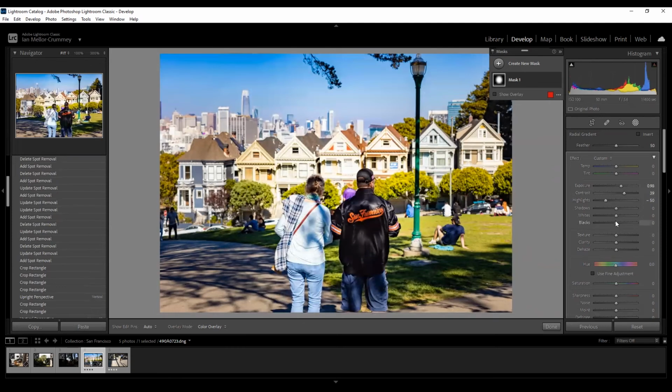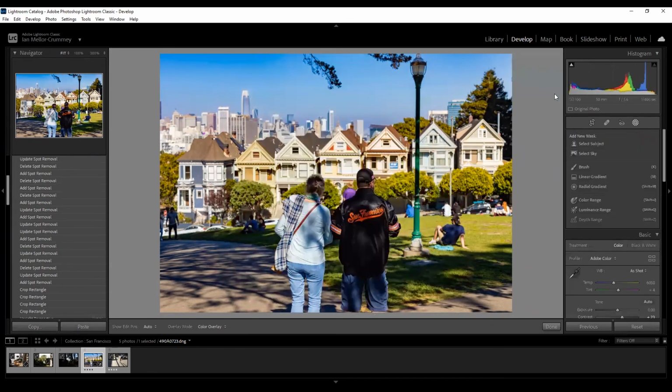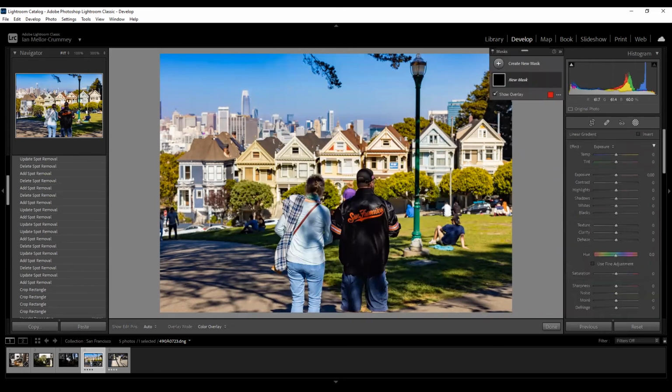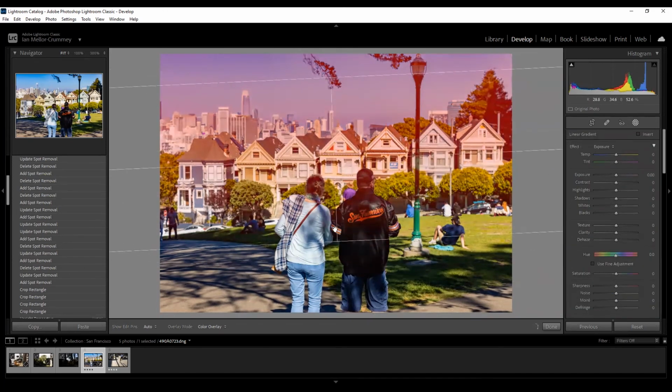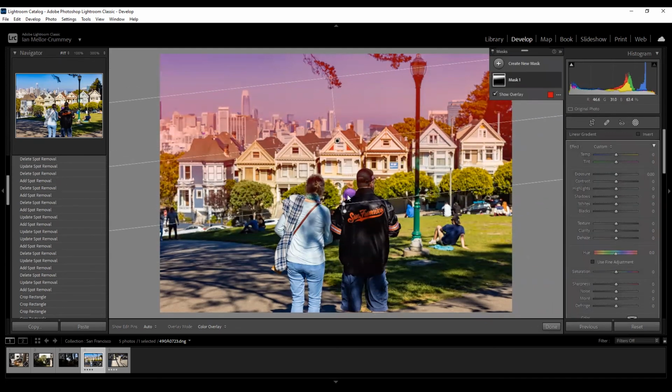Increase contrast, decrease highlights. Right, you basically have all the options you had in here before, but now you're applying sort of targeted edits to a specific part of the image. This is not a great photo for a radial gradient, but a linear gradient might actually help us pretty well. So what we can do here is click and drag a line. And what we're doing is setting up a gradient where wherever we started is where the edits are being applied, and then as we drag, those edits are getting feathered out into the rest of the